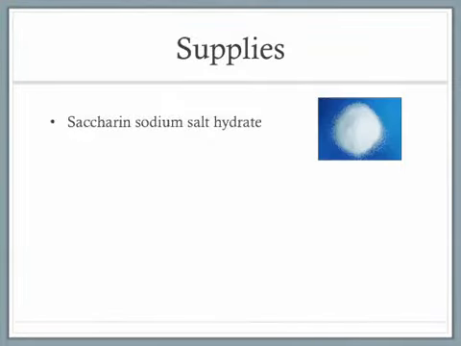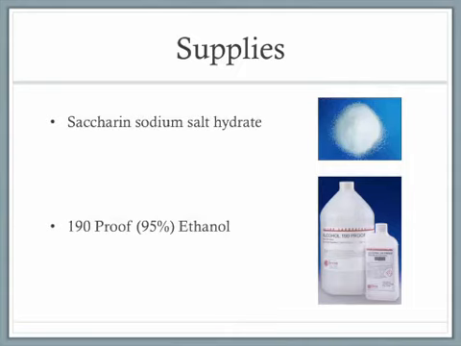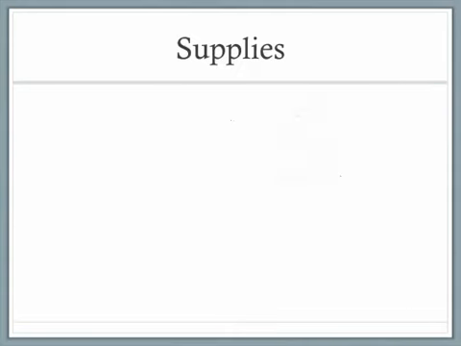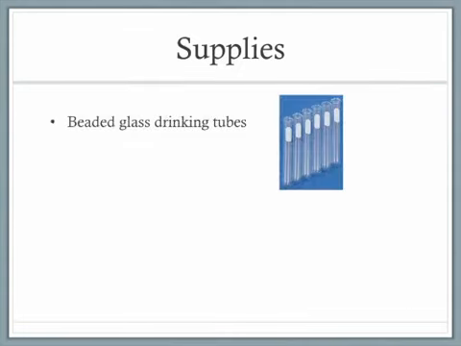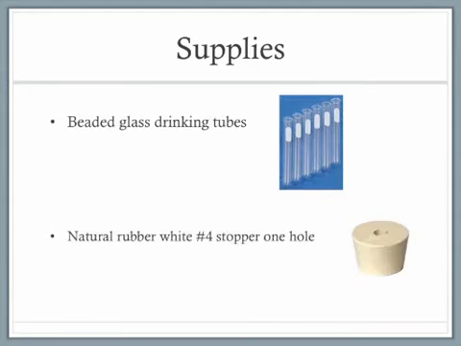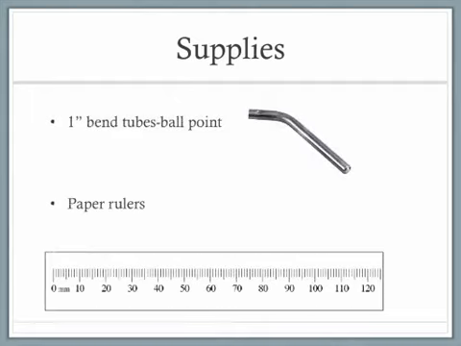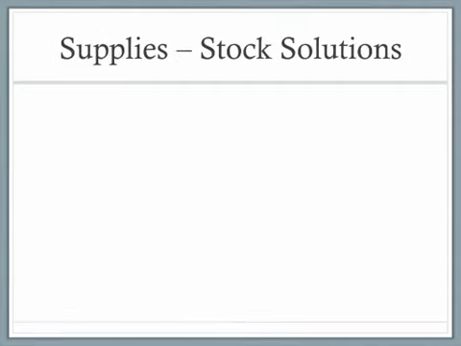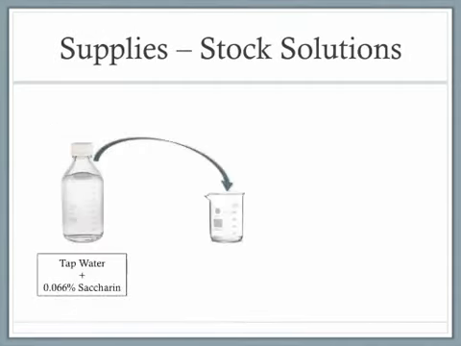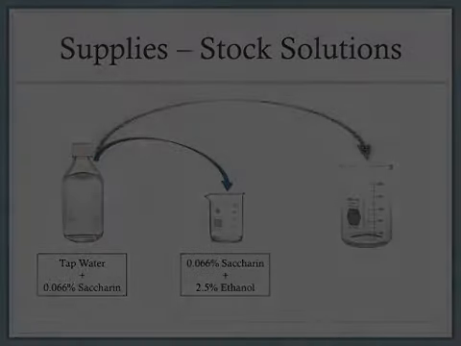Prepare drinking tubes by gathering the following supplies: saccharin sodium salt hydrate, 190 proof ethanol, beaded glass drinking tubes, natural rubber white 1 hole number 4 stoppers, 1-inch bent tubes with a ball point, and paper rulers. Prepare a stock solution of 0.066% saccharin water dissolved in tap water. Use a portion